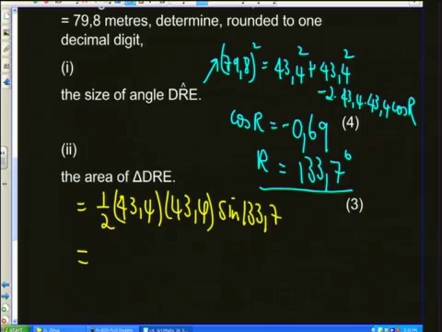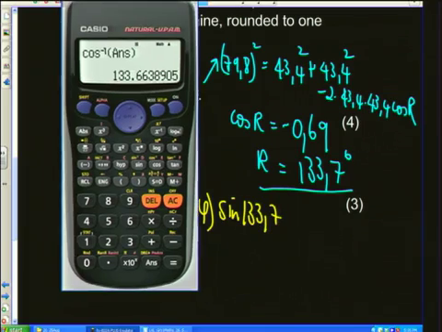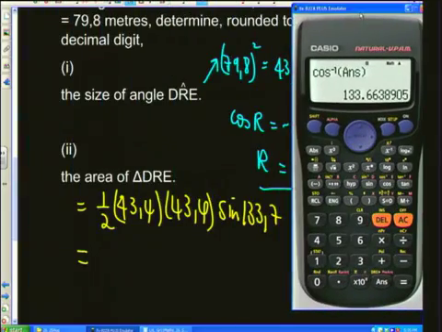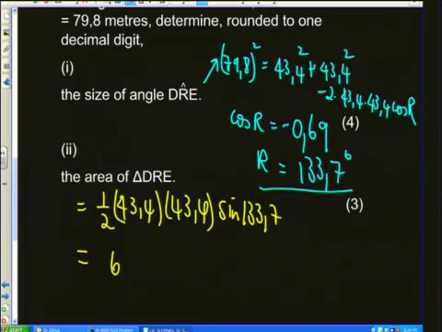So that area would now be, as you can see, we cannot do trig without our machine. We now have the sine of the answer, and we're going to multiply it by, or divide it by 2. We're going to multiply it by 43.4 squared, and that gives us 681,3. 681,3 squared